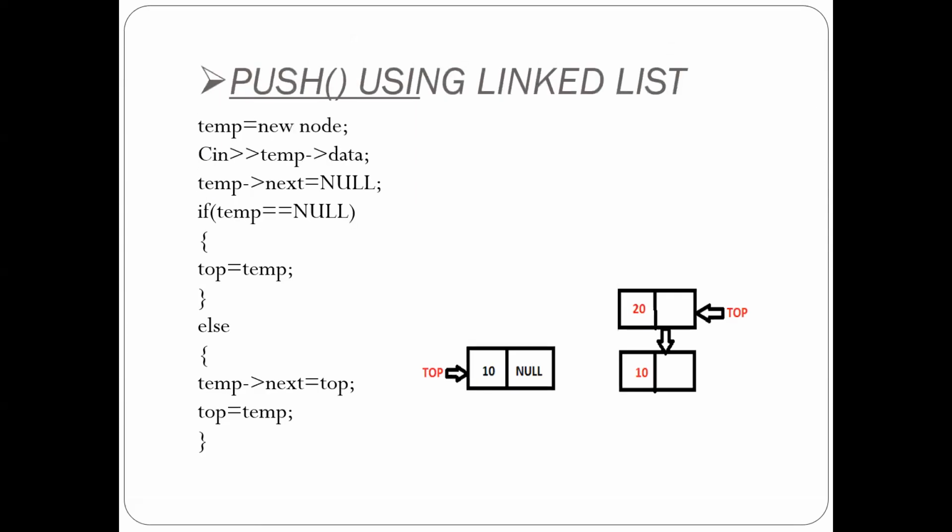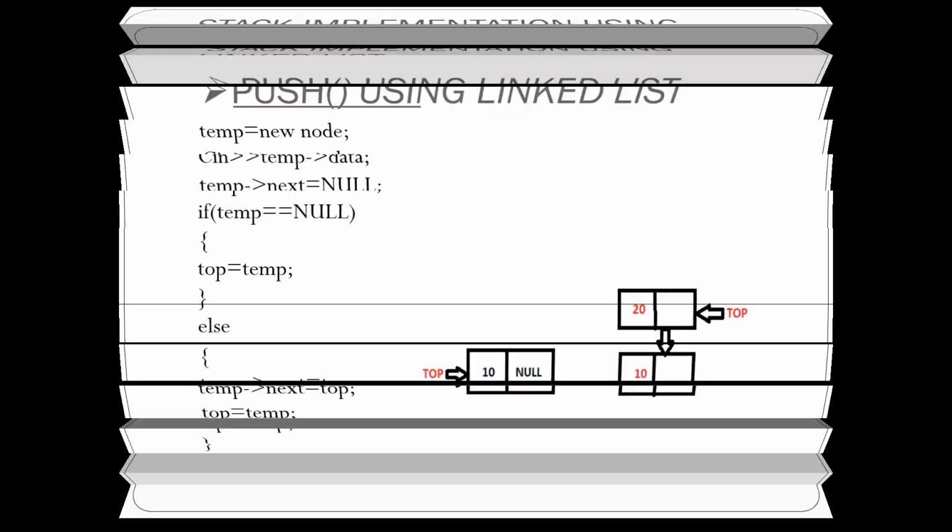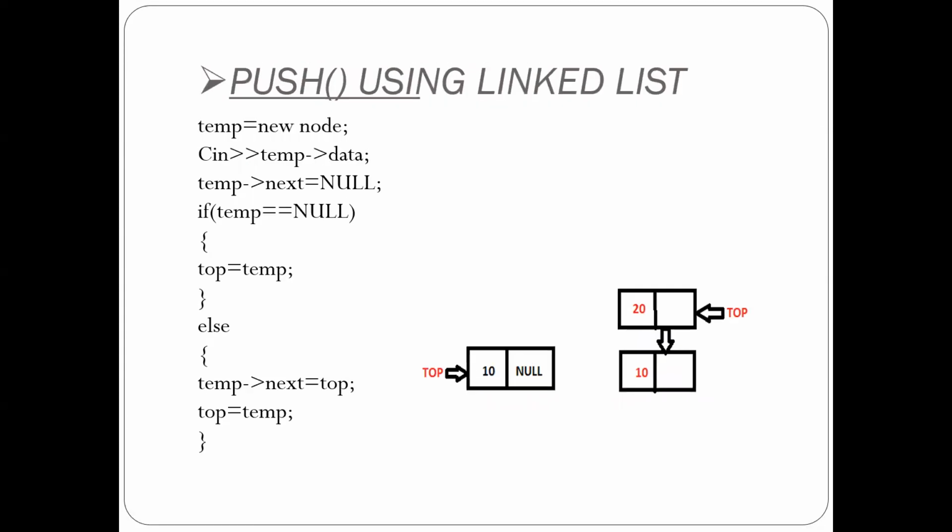And now stack implementation using linked list here. This is somewhat different as compared to the array. So see here, this is the push operation using the linked list. As we are going to implement the push using the linked list, first create a node, accept the value from the user, initialize the next field to null, that means create a temporary node here. And if the stack is initially empty, mark that node as a top node here.